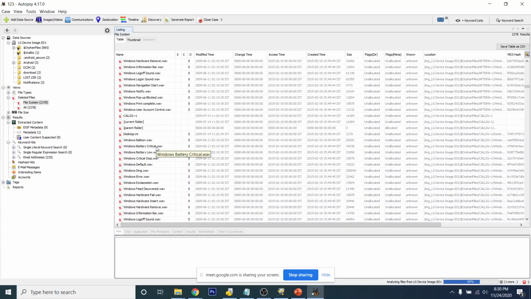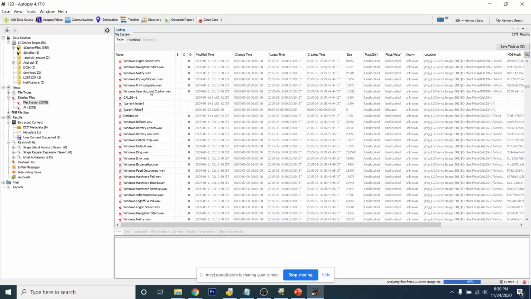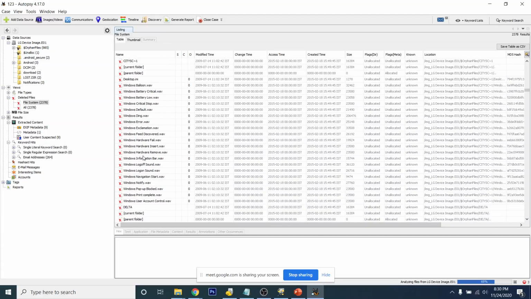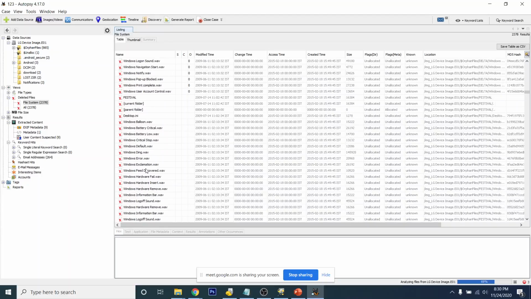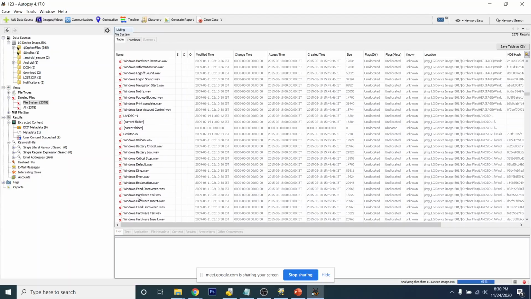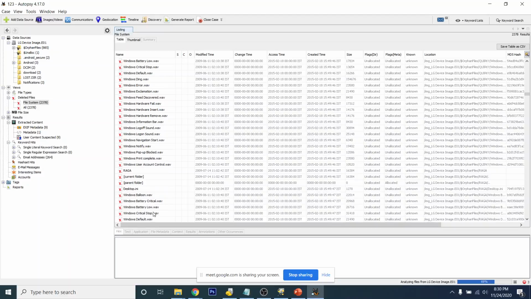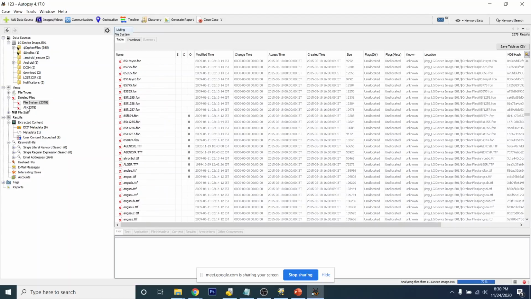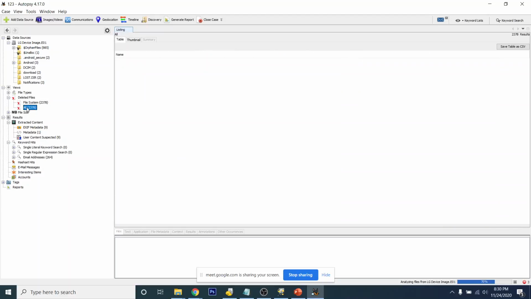This is basically a notification sound when your phone is low on battery, just to notify you that your battery is critically low. So all these wav files are audio files. Basically these are Windows files. So these are all the deleted files on the system.